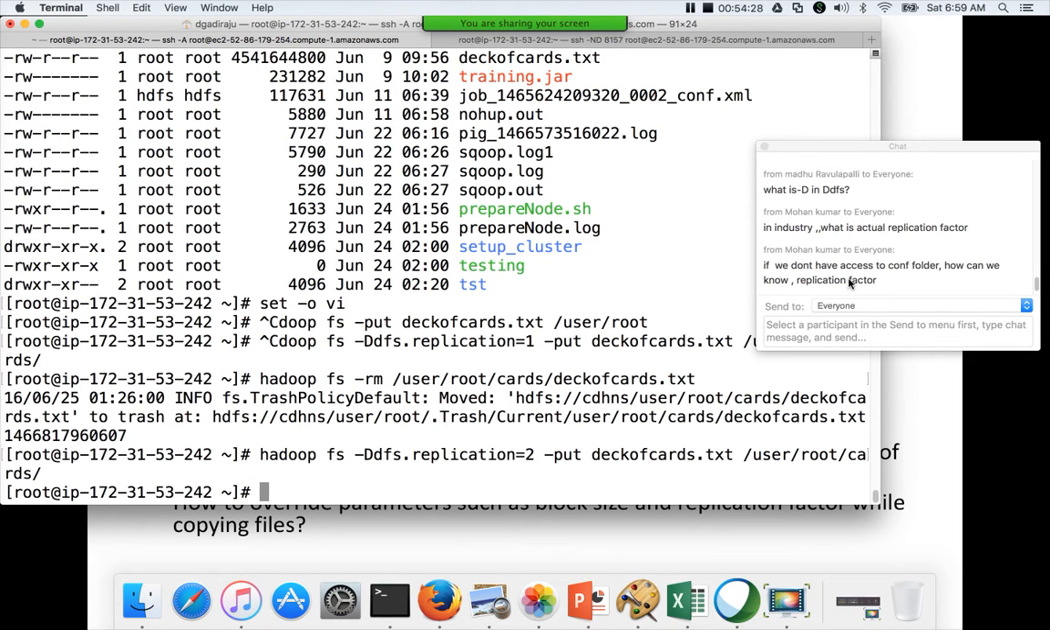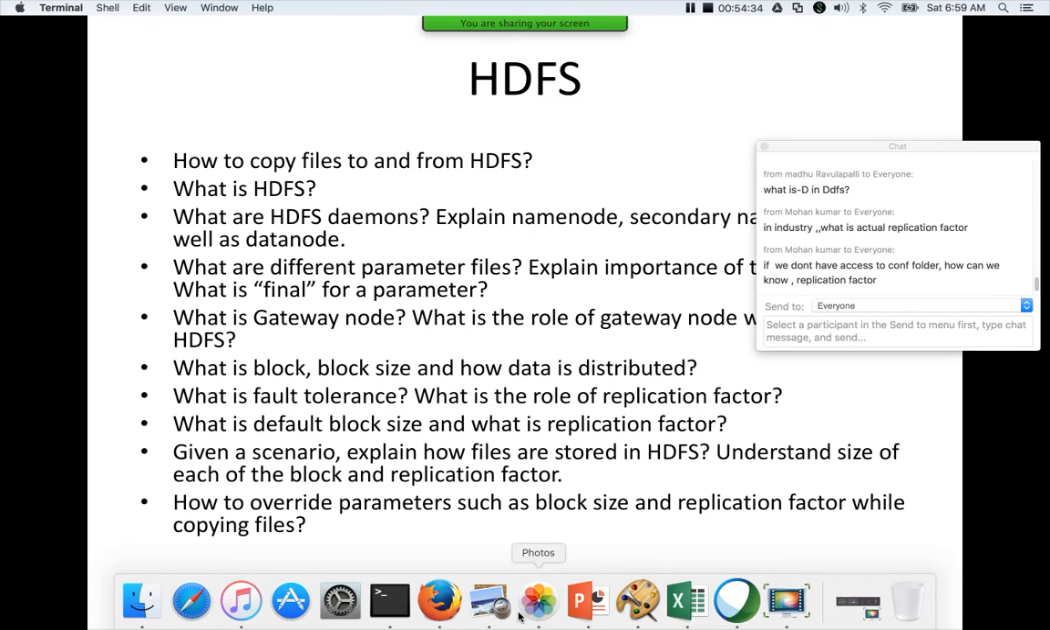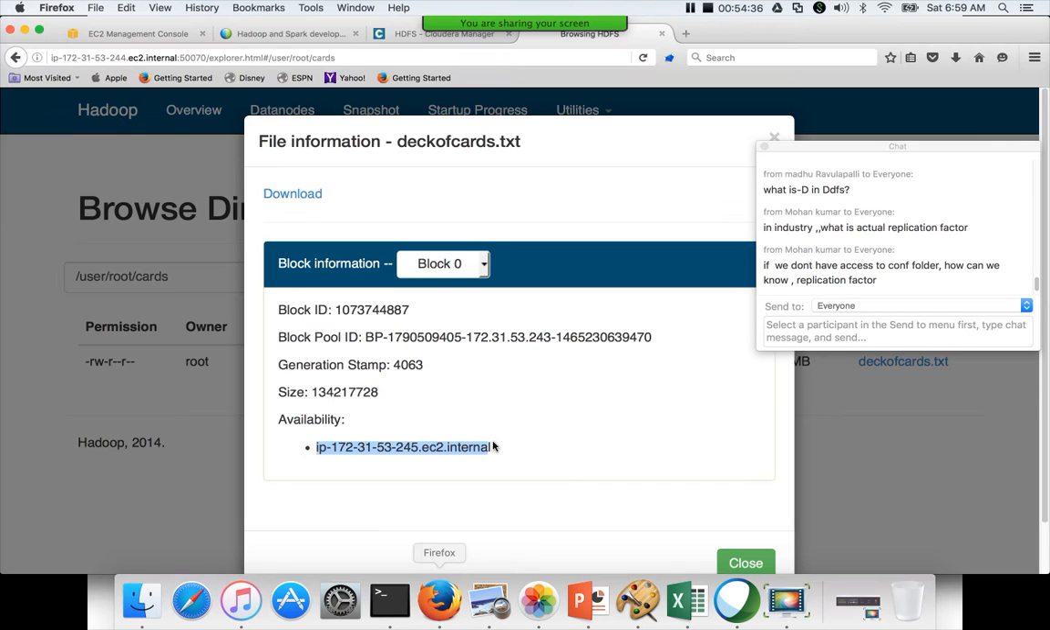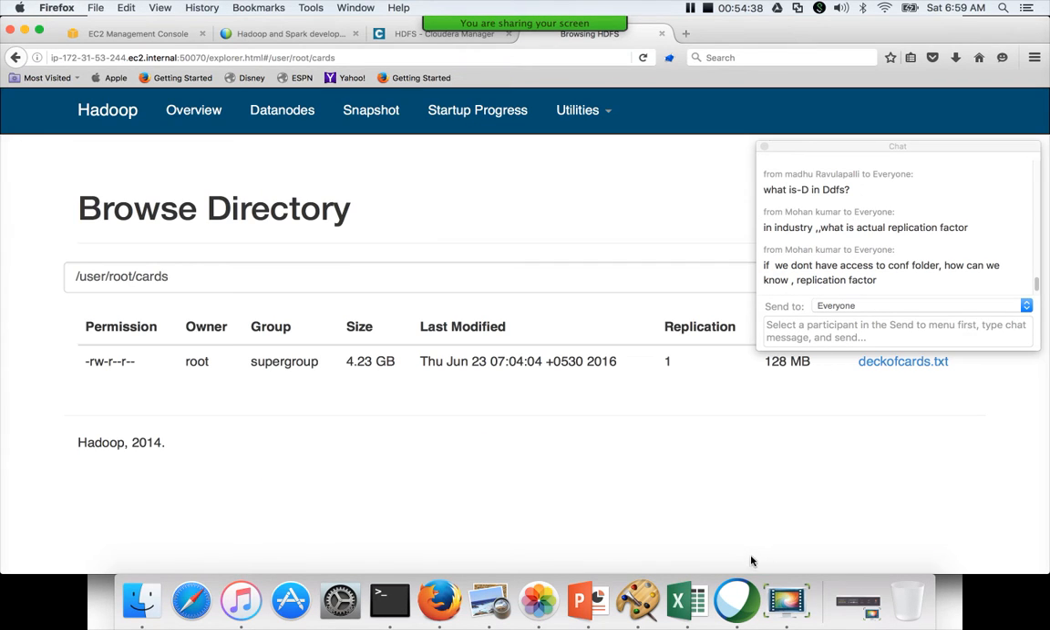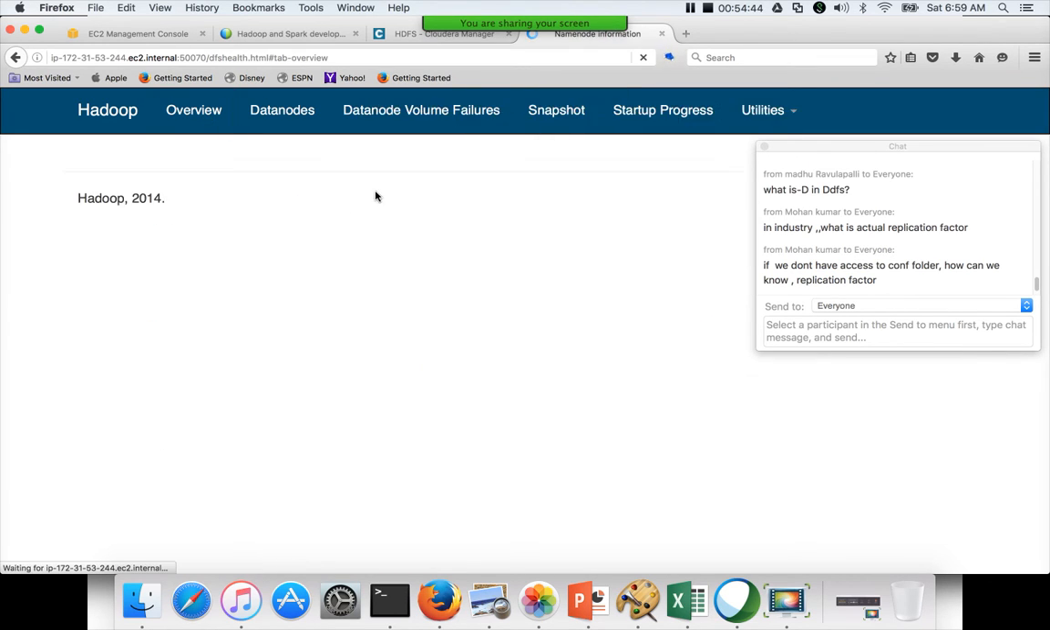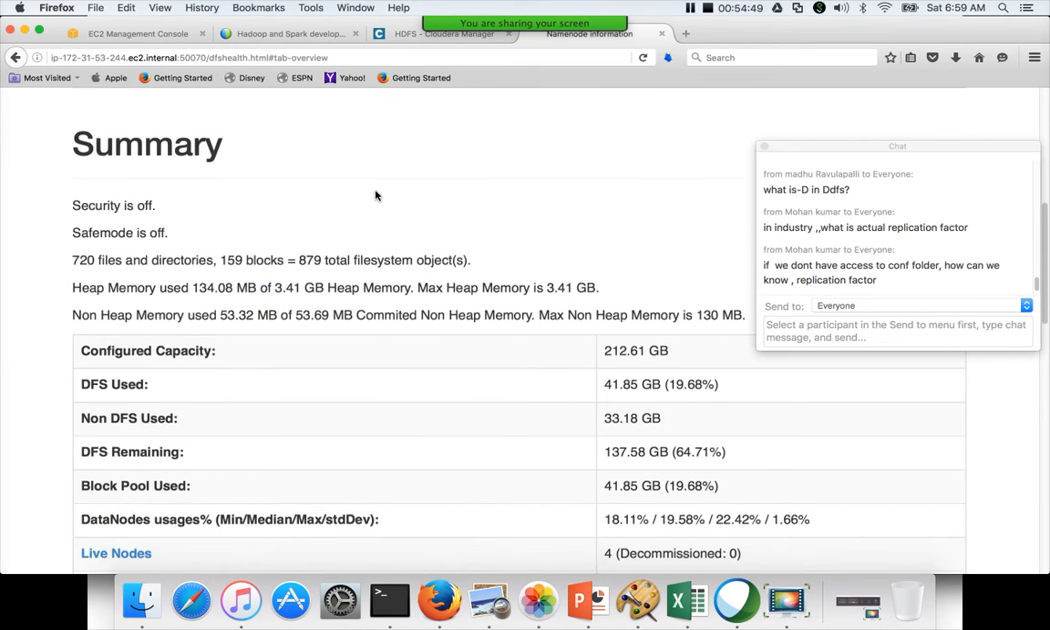Another question is, if we don't have access to the conf folder, how can we know the replication factor? Very, very good question. Let me see. I think the name node web interface might have the details. So if you go to the summary,